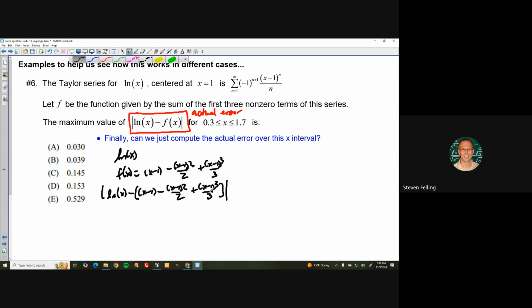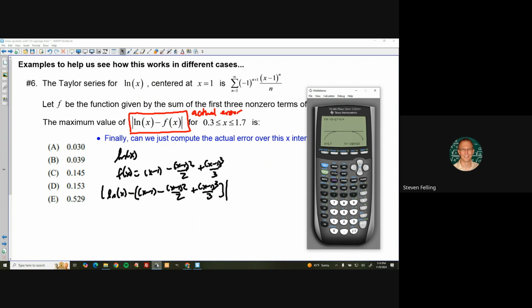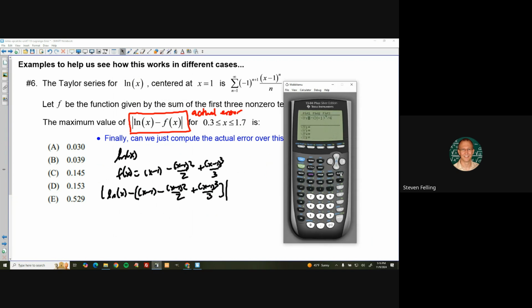And if I just plug this in a calculator and directly graph it, I'm graphing the actual error between the real function and the polynomial. So this is the proper way to do the problem, since they're asking about the actual error. All right, so I'm going to go back here and enter that. Natural log of x, so the true function itself, minus our approximation. So in parentheses, I'm going to put x minus 1,